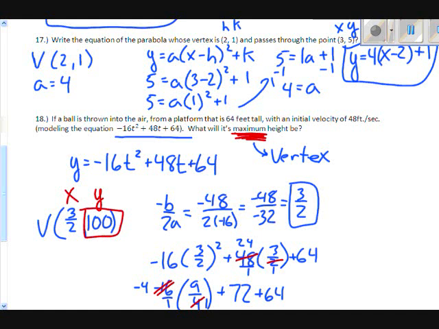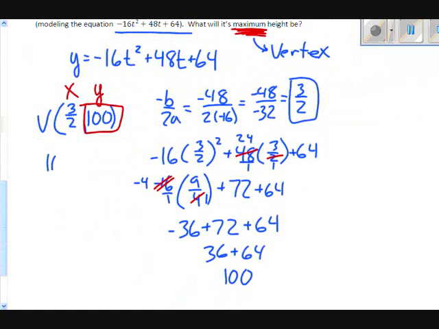So that's going to be 100, but more specifically, it's going to be 100 what? Well, it's going to be 100 feet, because this was in feet per second. In other words, this is seconds, and this is feet. So that's it,